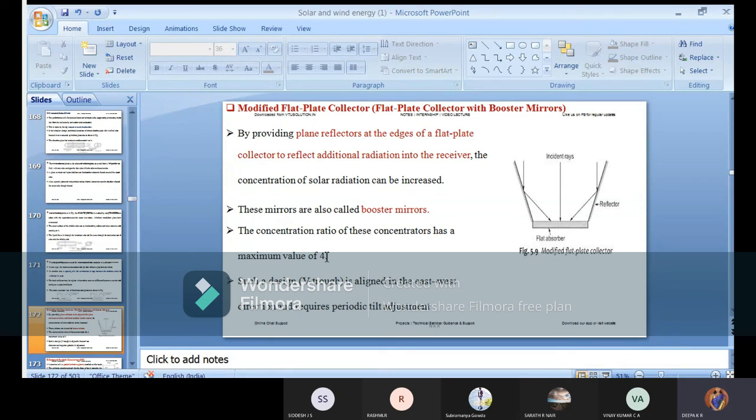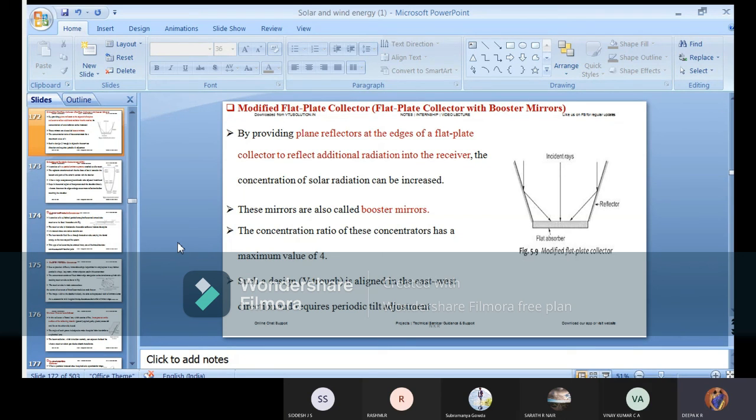In standardization, we have calculated the concentration ratio, which is going to affect the performance of the system. So here, as per the theoretical calculation and practical implementation, they say the concentration ratio of this concentrator is a maximum of 4. And in such a design, the V-trough is aligned in the east-west direction and requires periodic tilt adjustment. Periodic tilt means depending upon the movement of the sun, you can change the mirror position. Now we have kept it on left and right, and you can change it like east and west, right? So you can tilt it to south and north depending upon the movement. But normally the sun's movement is east and west, so you can fix it and assume you are going to get hardly 70 to 80% of the output from the collector.